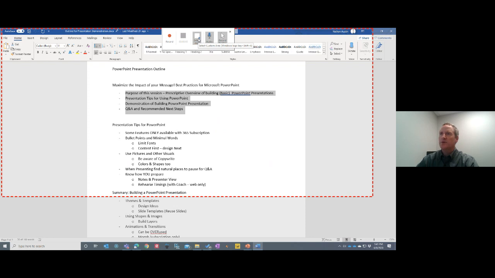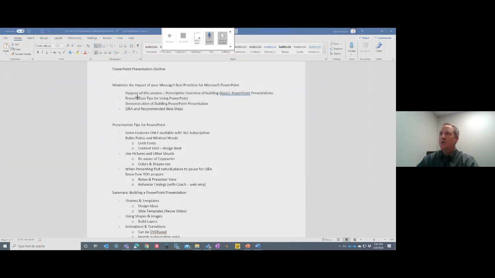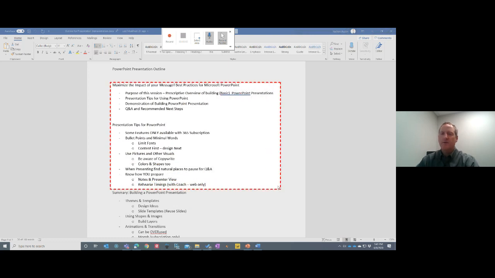So say if I don't want to show this whole area, let's say I just want to show this area here. So I can choose the area that I want to record. It doesn't have to record the whole screen, and I can choose audio or not, and I can choose to record the pointer or not. So it's pretty basic, but then all I do is click record, and it saves it to an